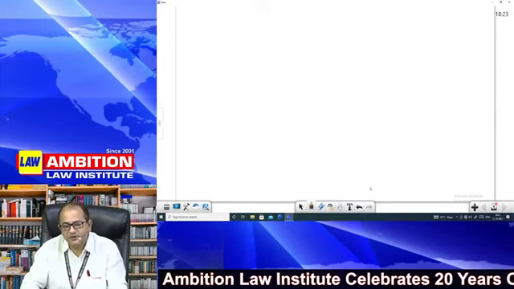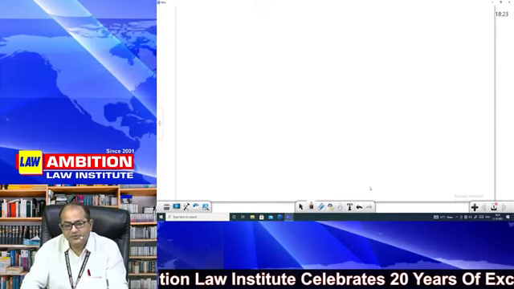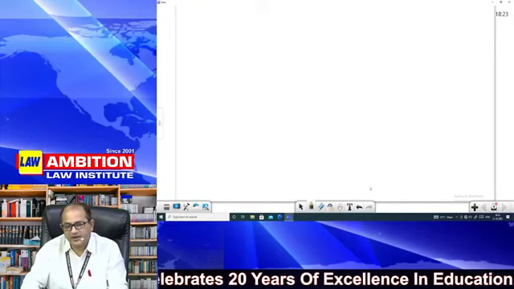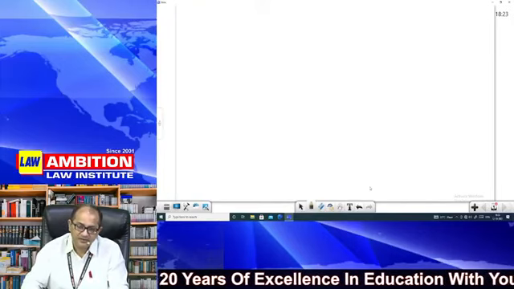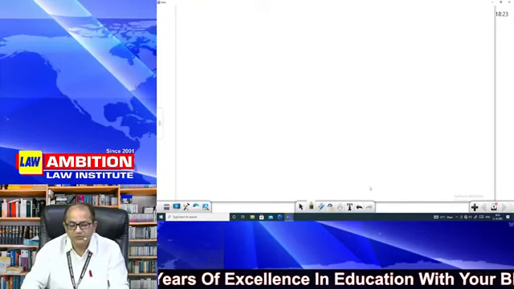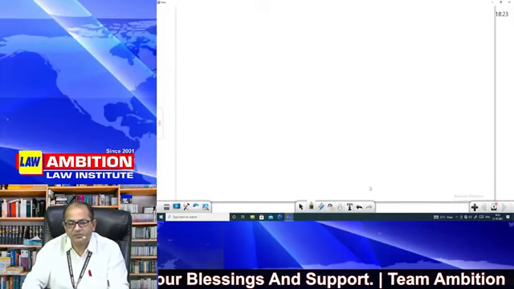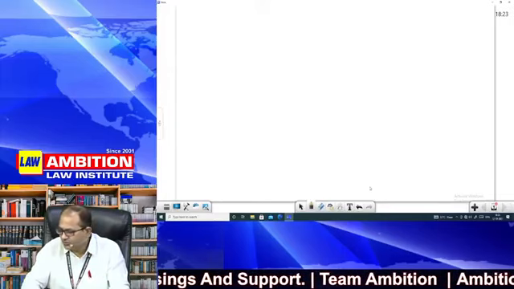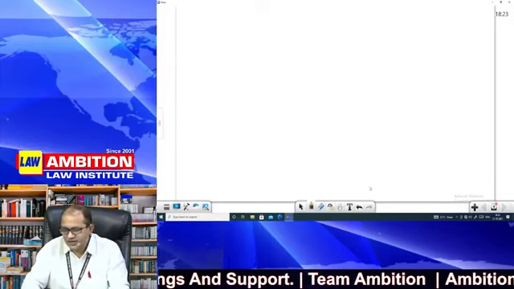And to write a beautiful plaint, you should know exactly what is to be done in the plaint. What is the integral part of the plaint and what is not integral part of the plaint? What are the rules and regulations of the plaint? Should it be written in a story form or should it be written in para form? What should be done? What is your task? How will this journey begin? So the basic rules relating to writing of a plaint are in order 6 and 7. I'm talking of drafting a plaint, writing a plaint. I'm not talking of other rules.